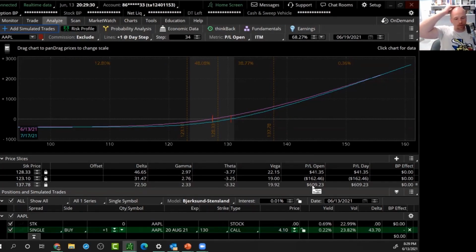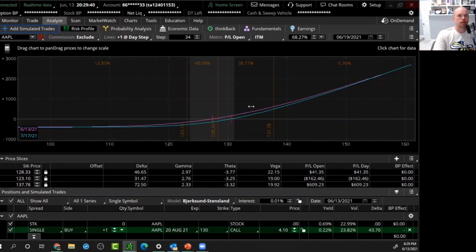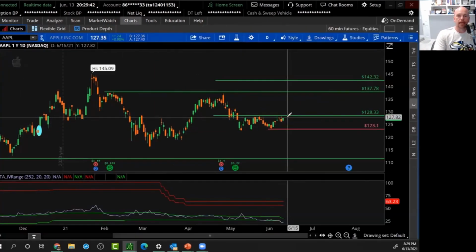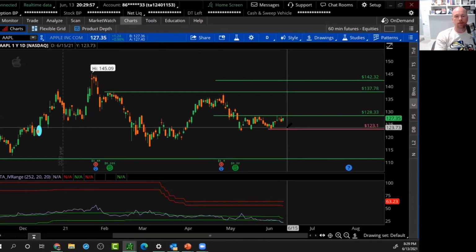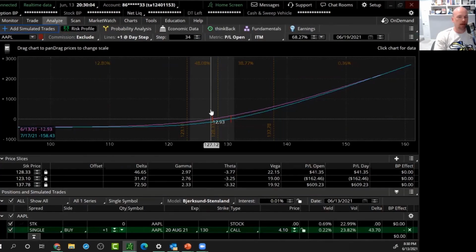Does that qualify for a 2-to-1? Sure, it does. I think that's actually a pretty good little trade with a fairly good degree of probability. I think that Apple getting to 137 can happen in a few days. It's not a really big one, especially if we see the NASDAQ break to a new all-time high, right? NASDAQ breaks to a new all-time high. I think that then you have a really good shot of Apple continuing to go higher. So this gives me a